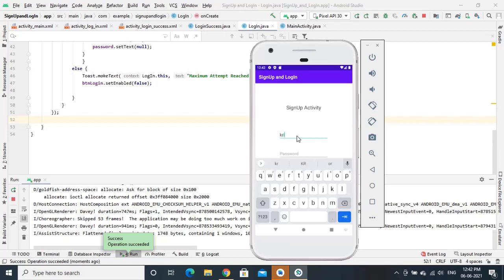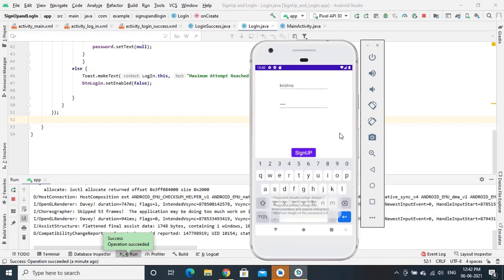I am giving it as Krishna, and the password, we have some requirement for validation. If I give ABCD, we should not accept this password. We should print a toast message according to our implementation.